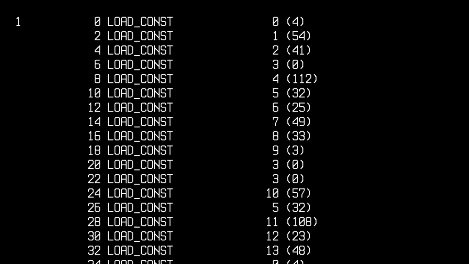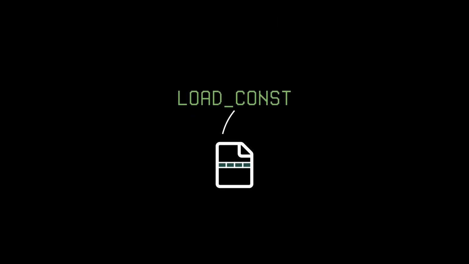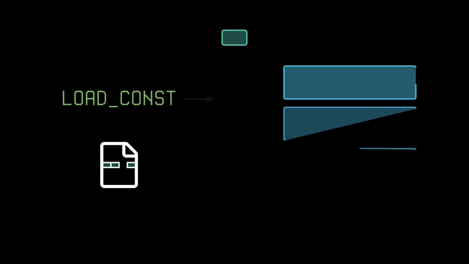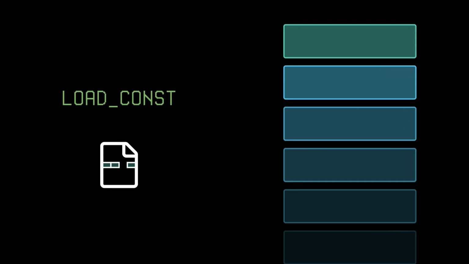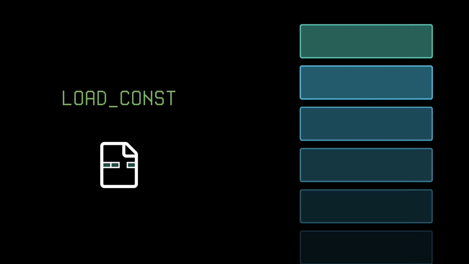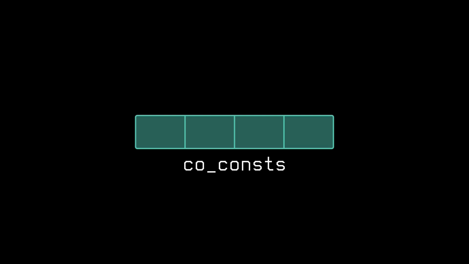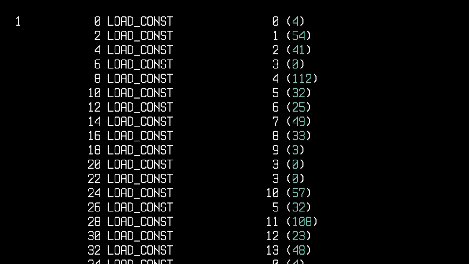Let's start with the first block comprising a bunch of LOAD_CONST operations. The LOAD_CONST operation indexes into the constants baked into a bytecode file and pushes the retrieved values onto the stack. Although this list of baked-in constants, known as co_consts, is not directly available to us in the disassembly, each line ends with a handy representation of what's being operated on in parentheses.